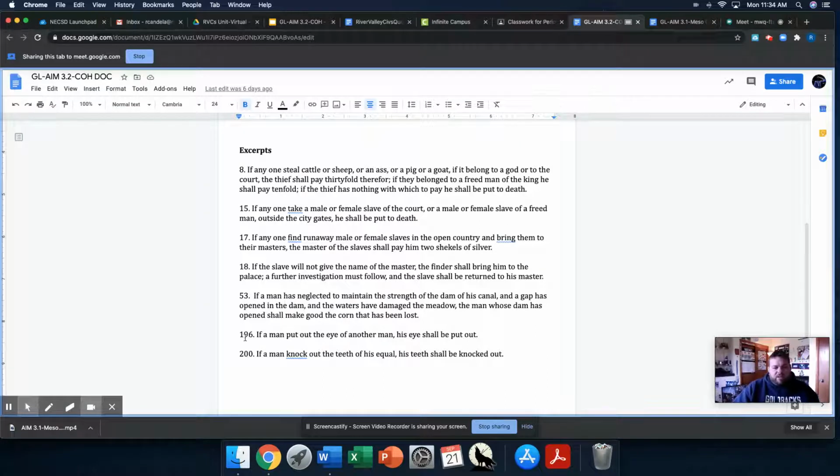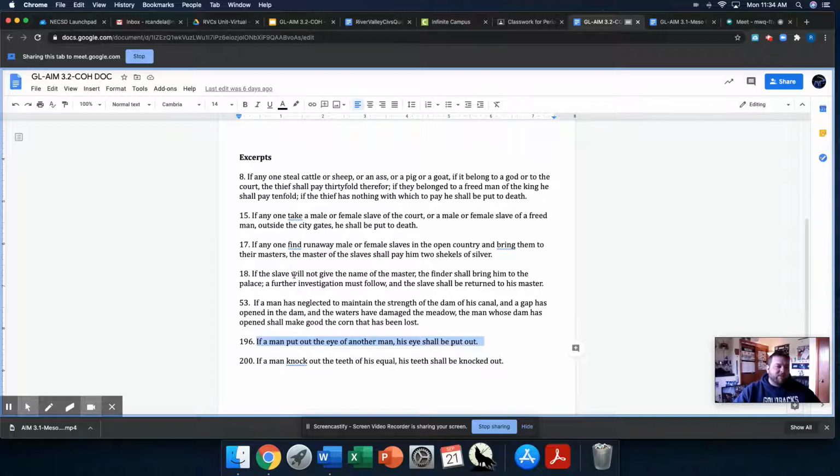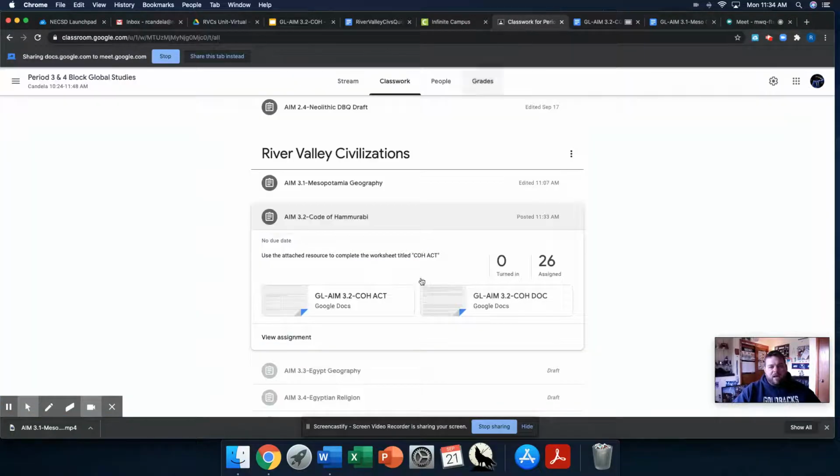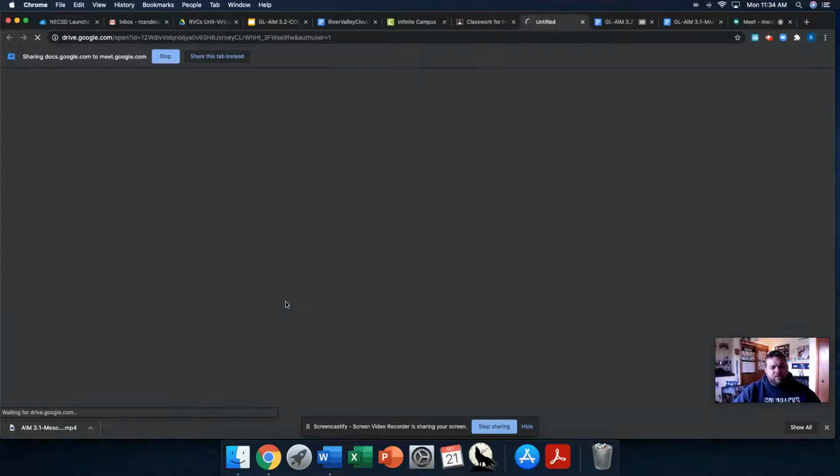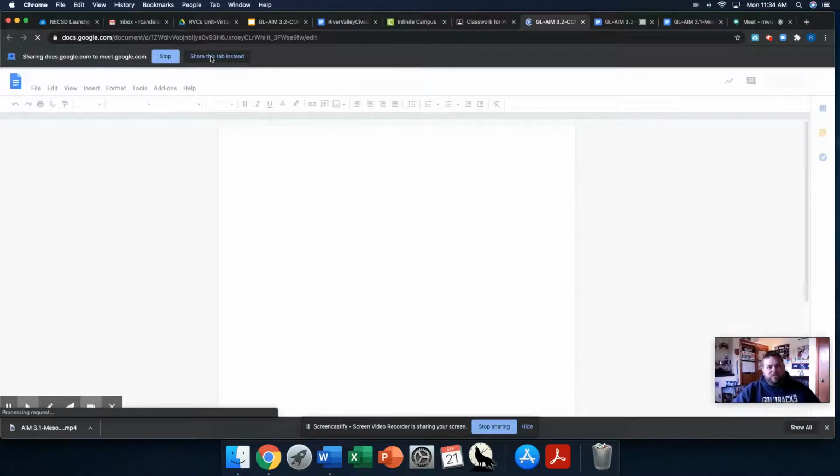So you can see if you look at 196, here's the law that a lot of people are familiar with. If a man put out the eye of another man, his eye shall be put out. So this is that eye for an eye kind of law. So what I'm hoping that you guys will do is you will take a look at some of these excerpts of the Code of Hammurabi, and you can begin to break down what some of their societal